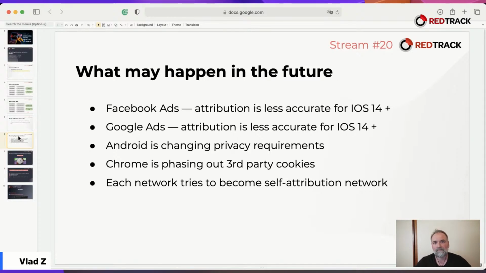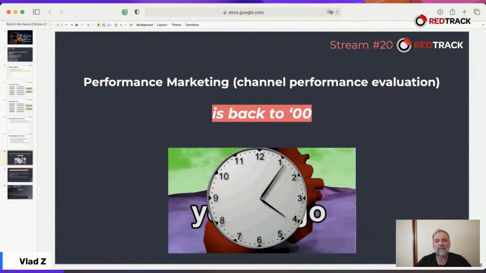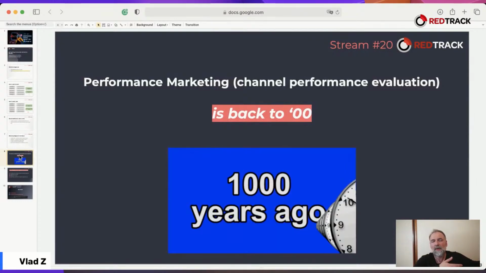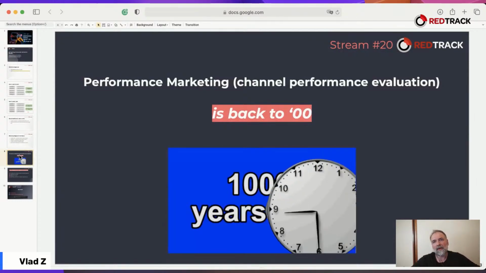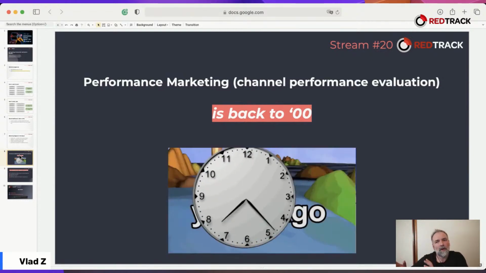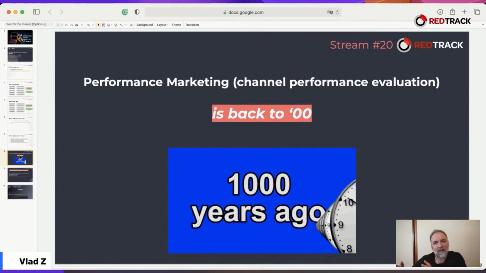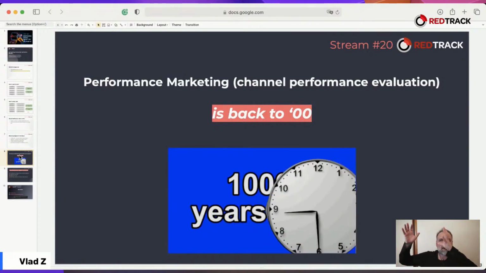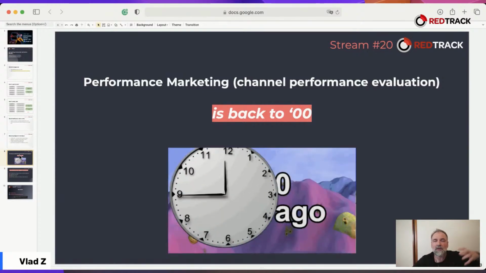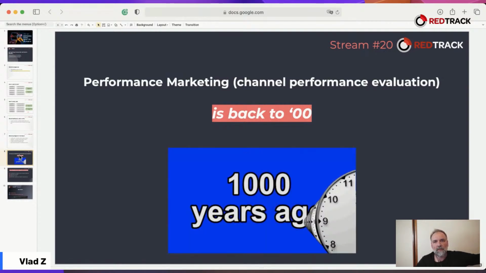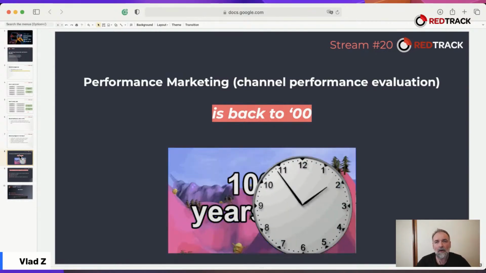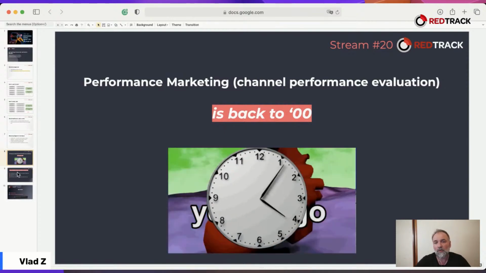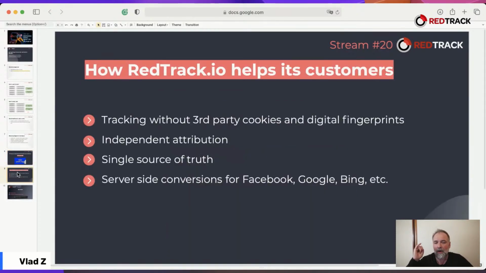And maybe surprisingly, since I have experience in digital marketing for the last 20 years, I think we are getting back, not to the future, but to the past. Because you'll end up having your tracking tools with accurate data, and you have to measure conversions separately and tie those conversions to the performance data of your channels, either in spreadsheets like 10 years ago, or you'll use tools like RedTrack, and I hope many others, that can track without all the third-party cookies, that will provide you with independent attribution.